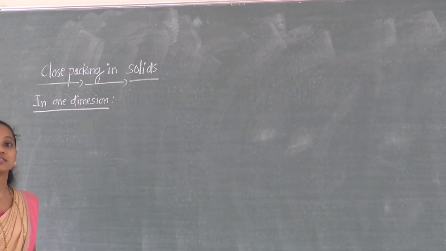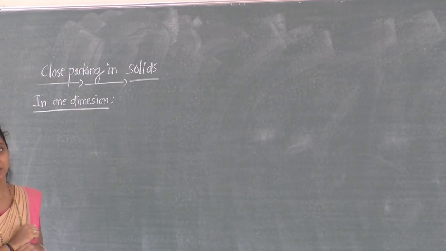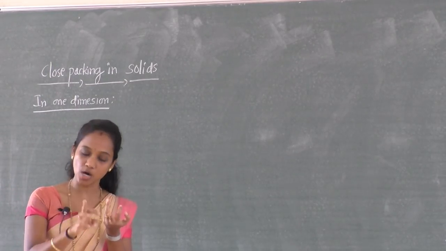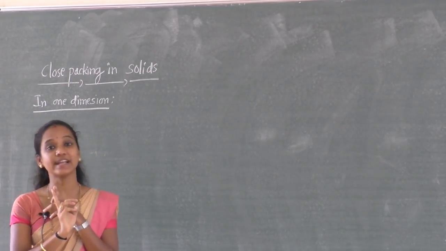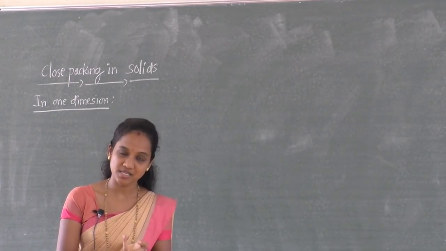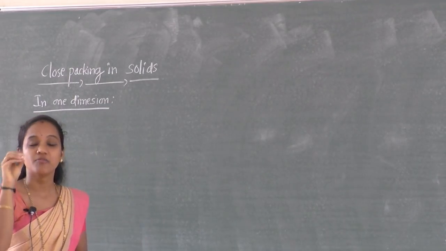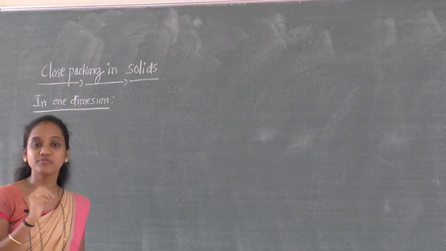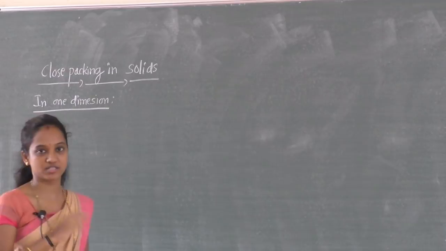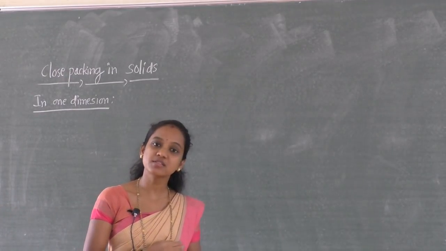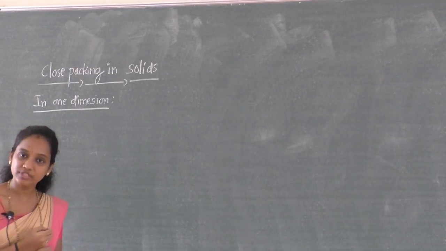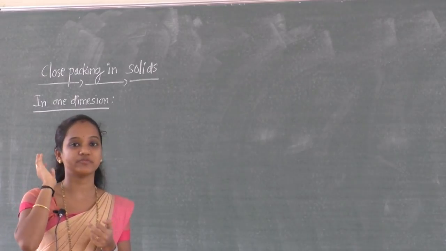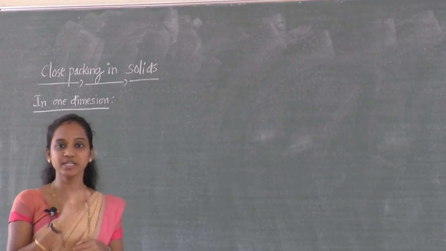Under centered unit cell, three types again, right? BCC, body centered cubic unit cell, where the constituent particles are present at the corners plus there is a particle at the center of the body. Next is the FCC, face centered cubic unit cell, where along with the corner particles, a particle is present at the centers of each face. Clear? And the third type is end centered unit cell, where along with the corner particles, a particle is present at the centers of any two opposite faces, where we have to consider any two opposite faces.